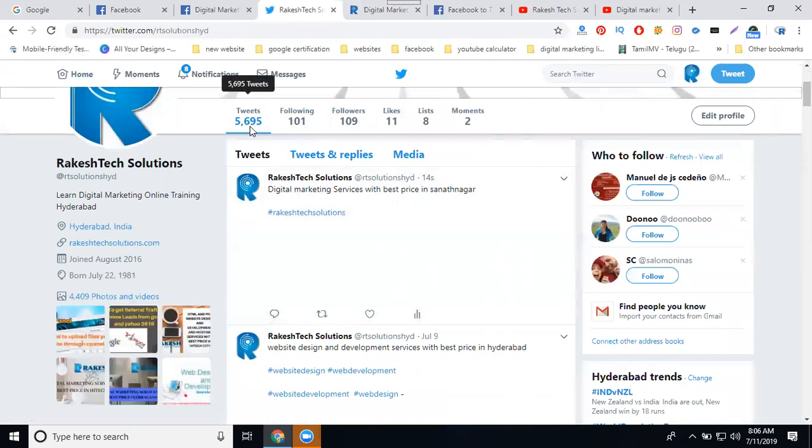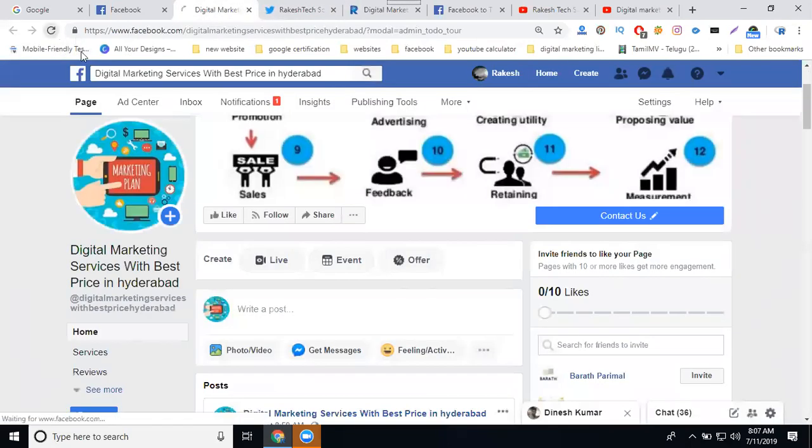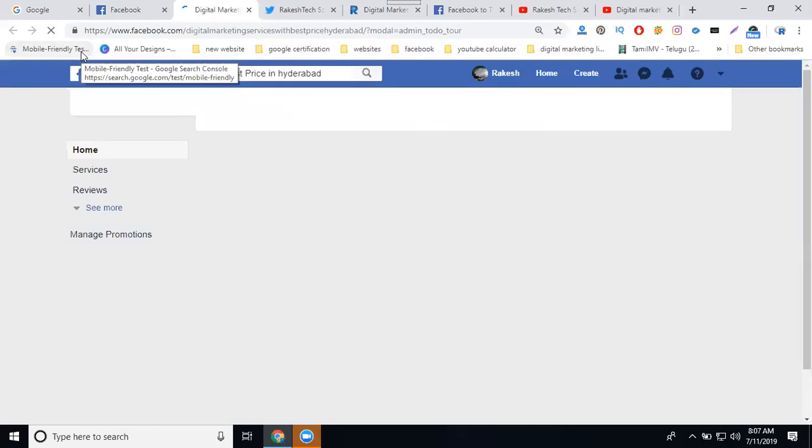So whatever content you are posting on my Facebook page is automatically displayed on your Twitter wall. We'll check your Facebook page also: one is the Facebook page, the second is your Twitter wall. But here the main point is that if you upload an image or a video, it is not displayed on the Twitter wall.